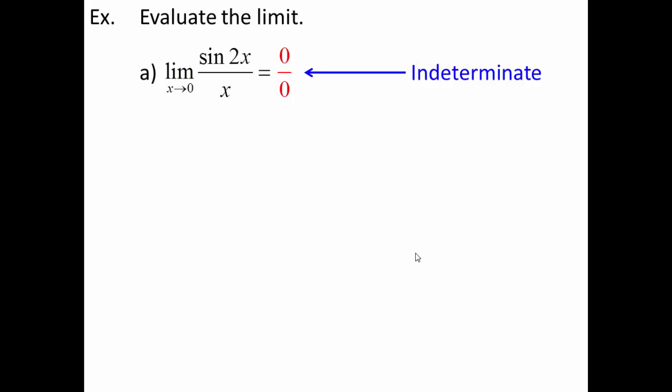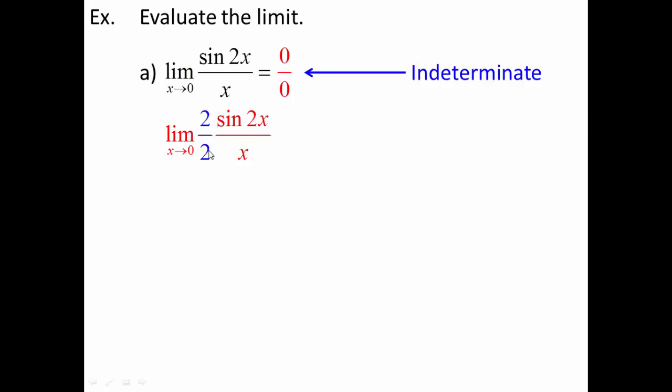I want to relate what I have here back to that known value that I just determined. Sine of x over x is 1. So what do I do when I have sine of 2x? Well, let's get fancy. Would you agree that if I multiply top and bottom of the fraction by the same thing, it doesn't change anything? Multiplying top and bottom of a fraction is still perfectly legal. In this case, I'm going to multiply top and bottom by 2. I chose 2 because that's the number that I have right here. Now keep in mind, I haven't changed anything because 2 over 2 is still 1.